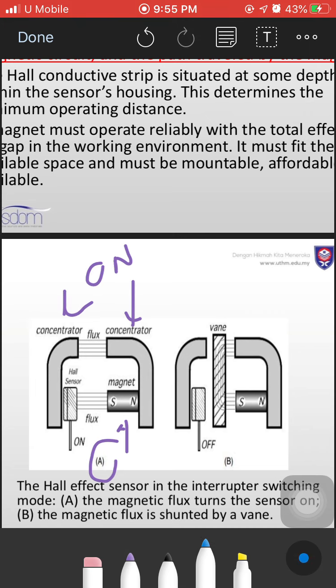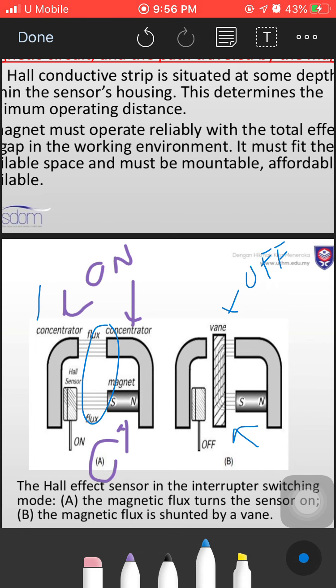If you look at this figure, it interrupts the magnetic flux from the original magnetic flux, so it will cause the sensor to be in off condition. So that's how the Hall sensor works